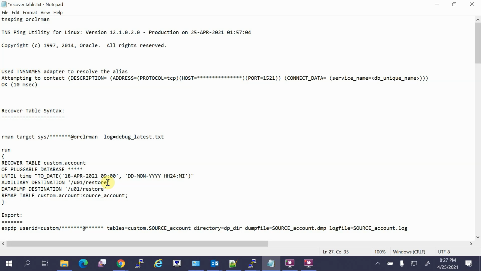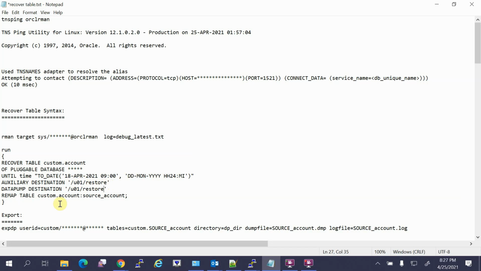Here, you are going to restore it on the same server. Also, you are not going to restore the entire database. It will automatically find out what are all the mandatory tablespaces, of course, system, sysaux, undo, it will restore.